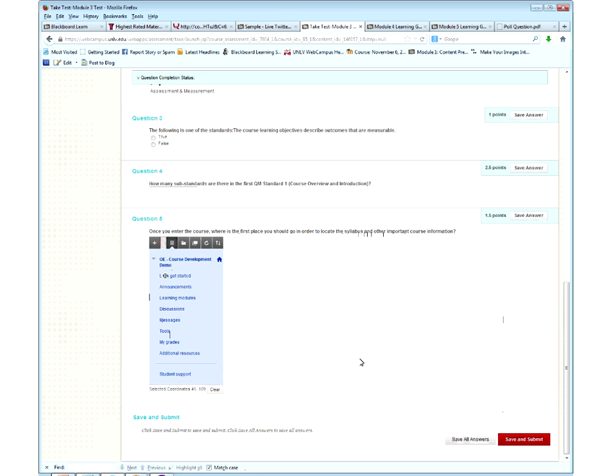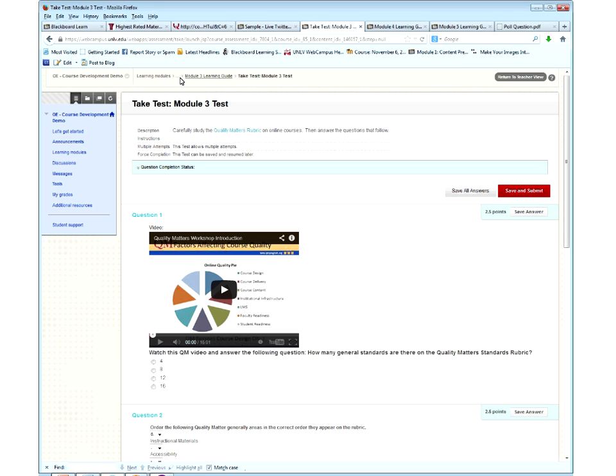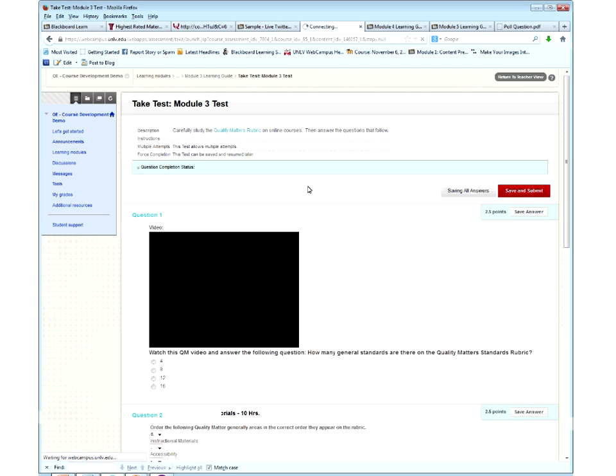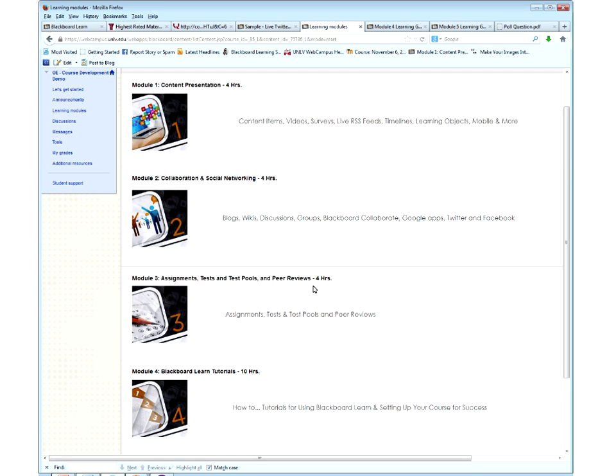But think of all the ways that we can leverage instructional artists and graphics and images to ask questions about where do they go from here, or which area of the skull is this, or whatever. There's lots of different things you can do using these new options in assessments for Learn. So that covers the assignments, tests, and test pools and peer